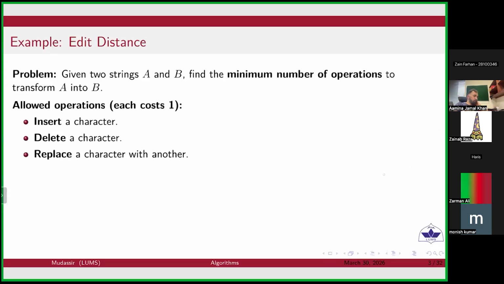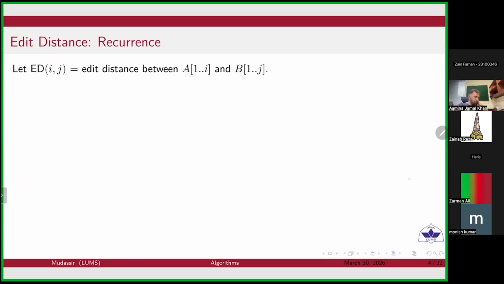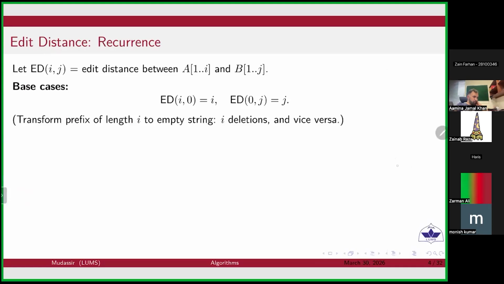Okay. All right, so here are a couple of examples जो हमने last time देखी थी. And base case was that if one of the string is empty, your cost is equal to the number of letters in the other string. Okay, so ed of i comma 0 is going to be i, and ed of 0 comma j is going to be j. अब यहाँ पे definition थोड़ी सी clarify कर लें. यहाँ पे ed of i